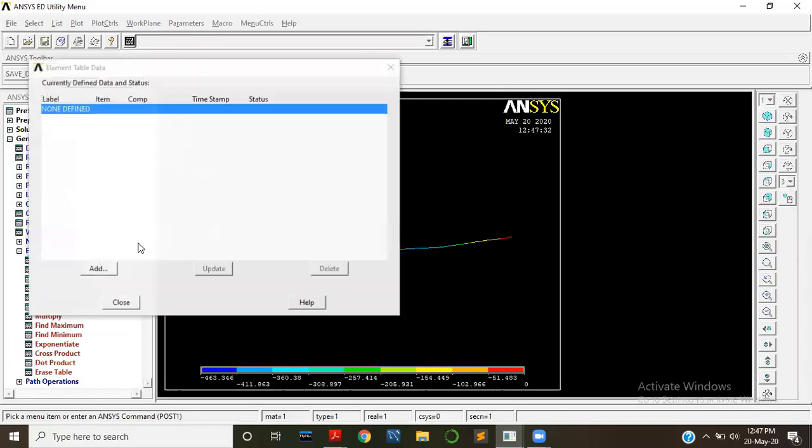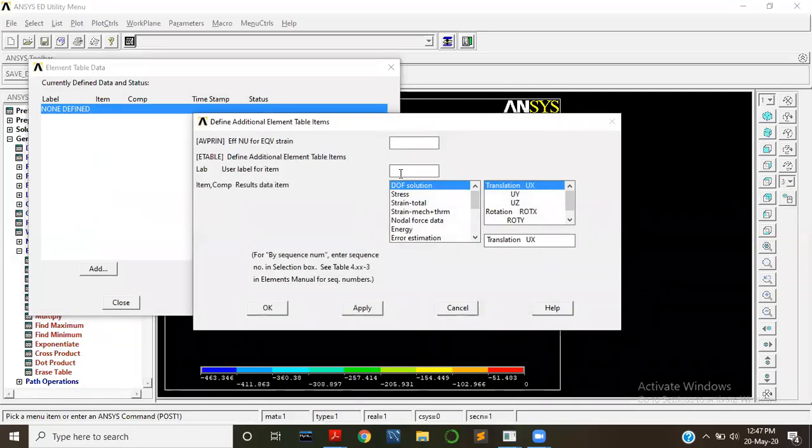So element table, define table, add here. Follow the code: SFD2, and here by sequence number SMISC2, apply.